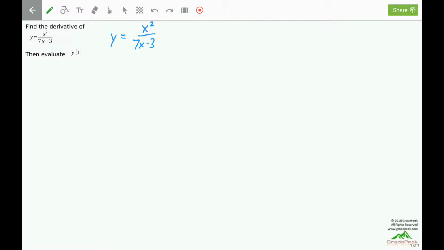We cannot take the quotient directly. For the derivative, let's take the quotient rule. So y prime, which can also be written as dy dx, equals to quotient rule. Derivative of the numerator, derivative of x squared, power rule, bring the 2 down, subtract 1 from it, 2x, times the denominator left alone, 7x minus 3, minus the numerator left alone, x squared, times the